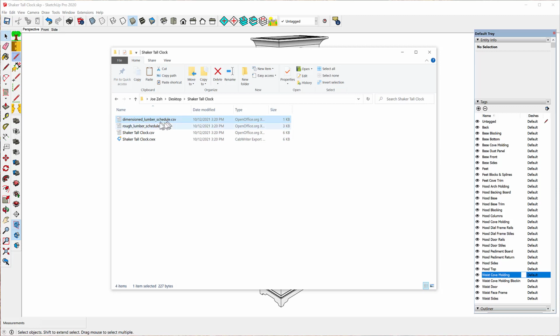The first one is the dimensioned lumber schedule, and it's a comma separated value file. Any CSV file and a CWX file, for that matter, can be opened in a spreadsheet calculator. And we're going to use OpenOffice Calc in this video. Now, I don't have any dimension lumber in this model, so this report will be pretty much blank, but I'll